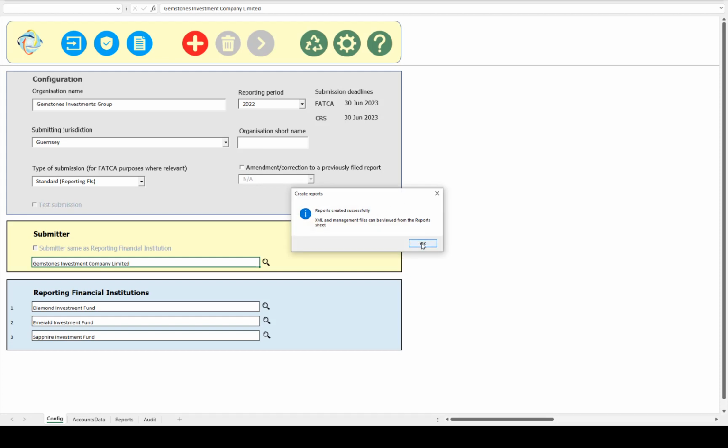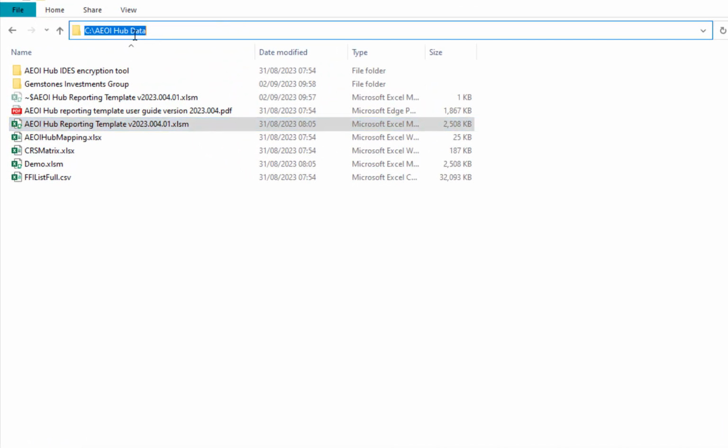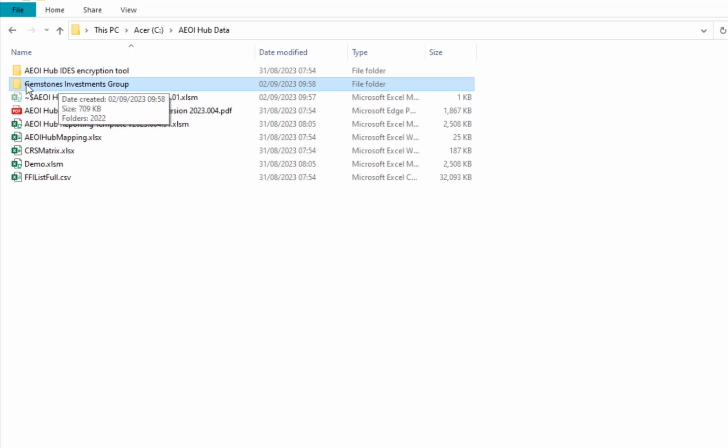That's created the reports. What it has done for those, it has created a folder in the same location as the template was being run from, using this organization name that's been entered on the config worksheet. Let me show you what it's done. So this is the location that I was running the template from, AOI Hub Data. It's created a folder in this location, Gemstones Investments Group, which was the organization name that I had on the